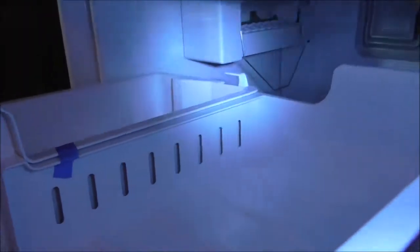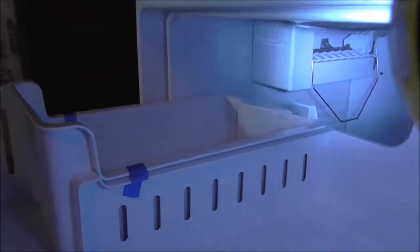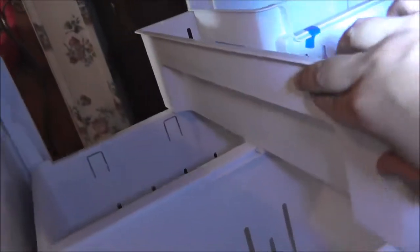You can also see it doesn't have any ice cube trays. It just has this ice cube maker. Add some stuff to put in the bottom. Can't put much freezable stuff in here. Well, you actually could, but